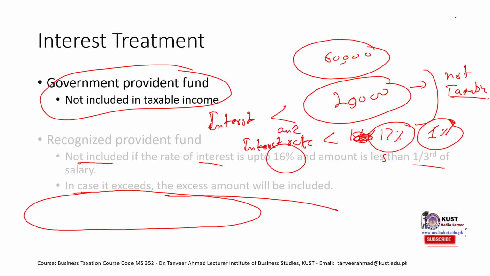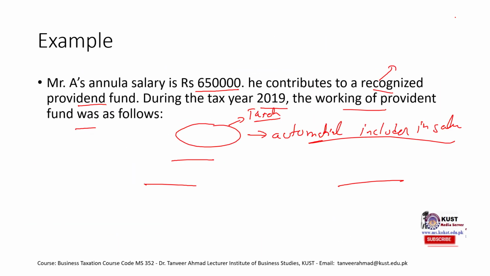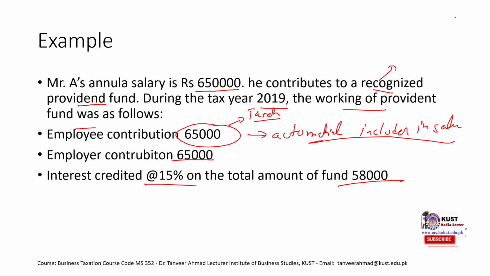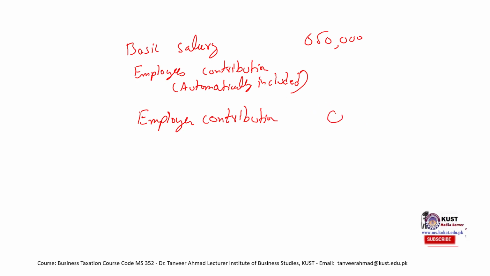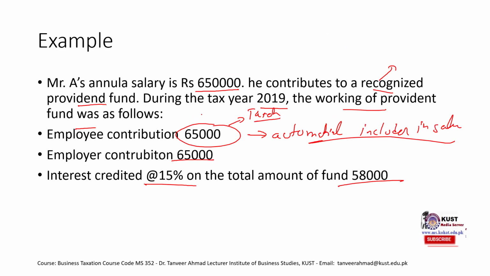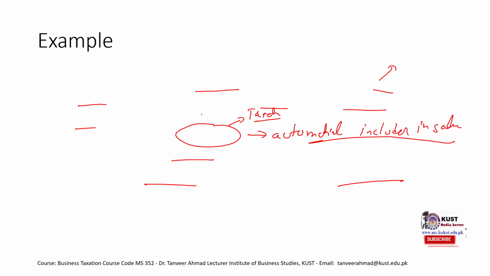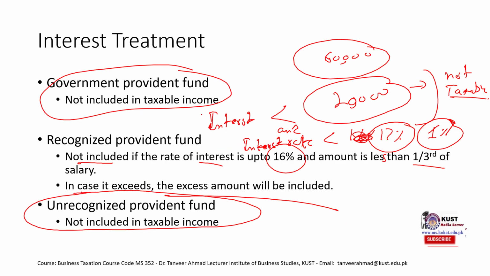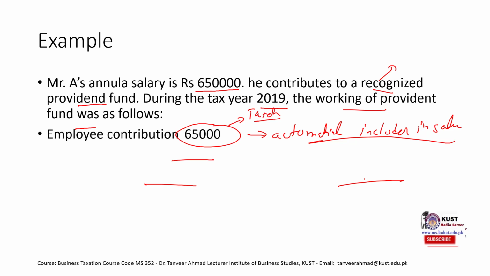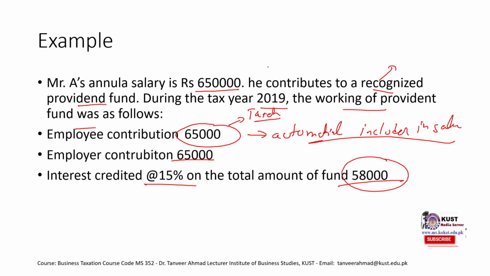So in this case, we would not include any employer's contribution because 65,000 is exempted. Now comes the case of interest, and interest is 15%. So regarding interest, what was the rule? Okay, the rule was if it is less than 16%, so in our case it is 15%, so this rule is satisfied. And if the interest amount is less than 1/3 of the salary, so interest amount in this case is 58,000, and 1/3 of this